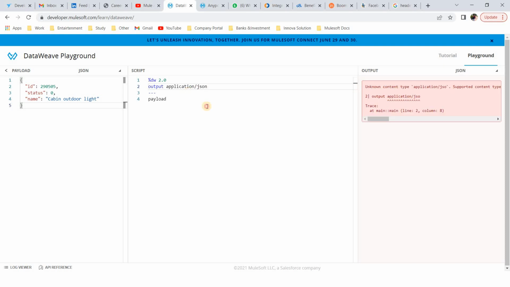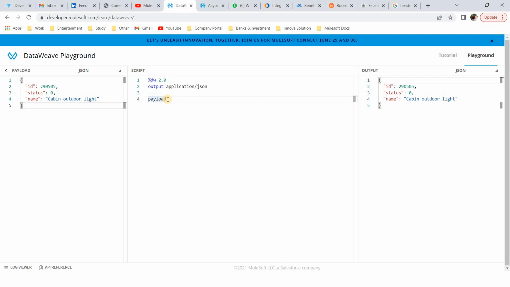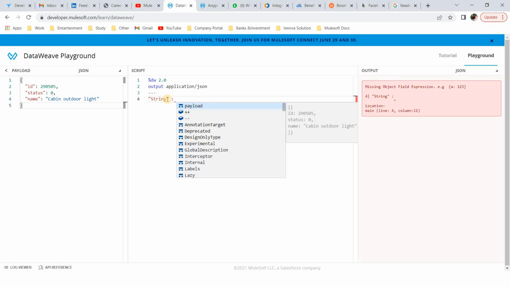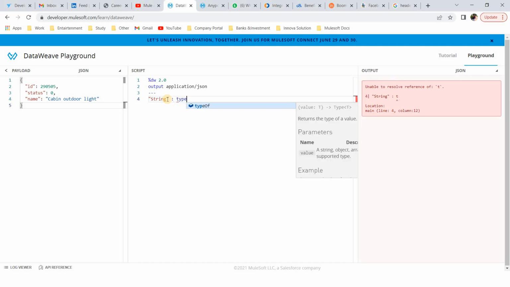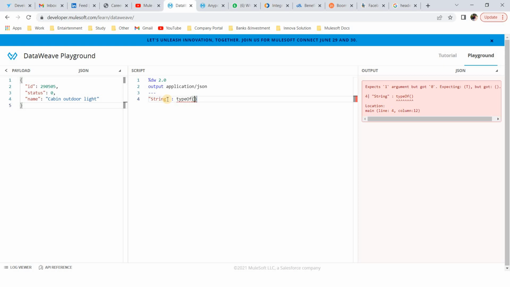Let me first do the string. There is one function called typeOf. In typeOf, whatever we define, let's say anything.